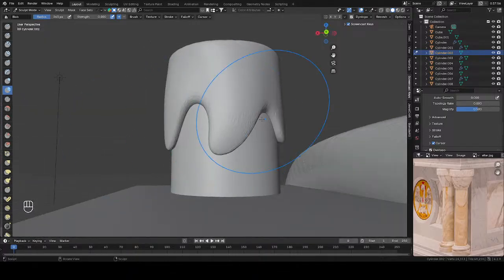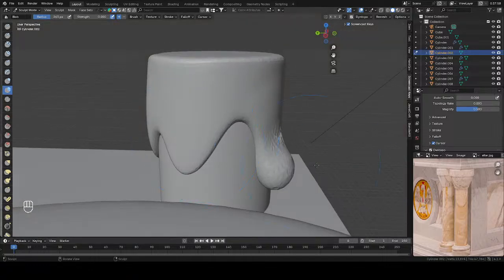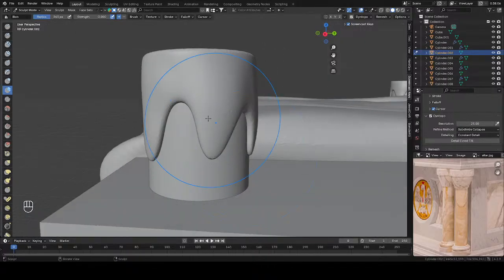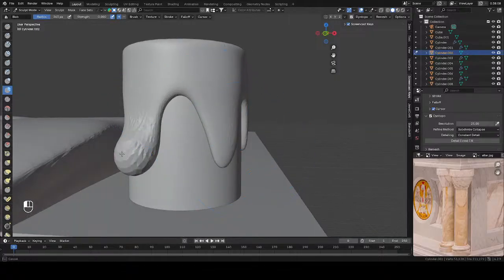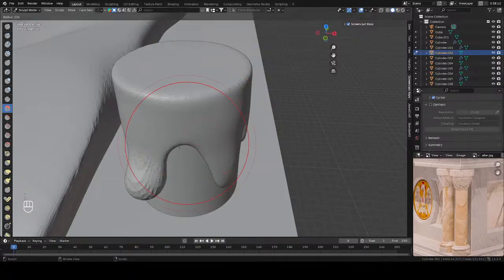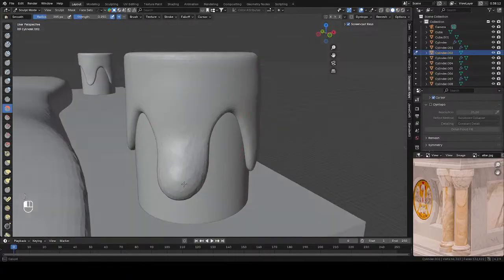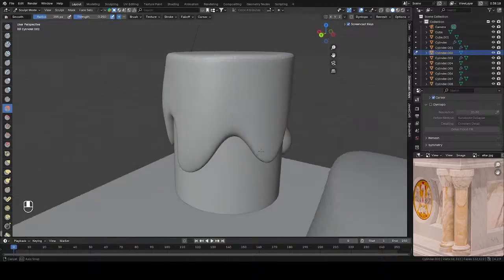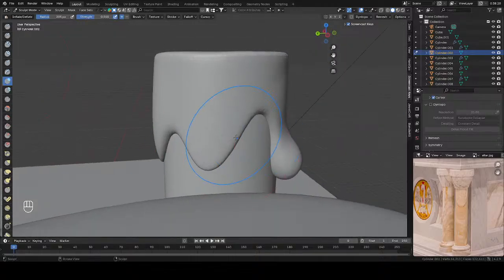And then we can go ahead and just smooth them. I'll probably add more, maybe 25. Okay. Like that. And then we can just make all of these goopy pieces here,